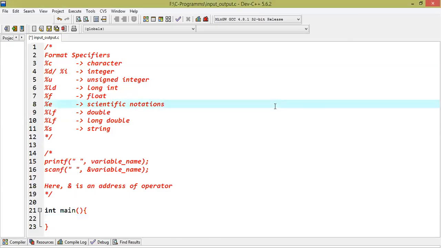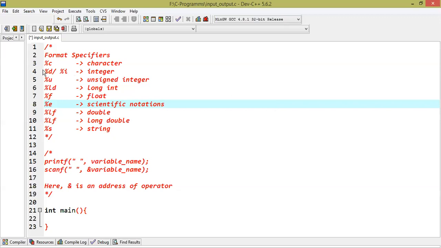Okay, welcome back. In this part of the video, we're going to understand how to take input a value for a variable and how to display that value in a console. So, before we start the implementation and see the various mechanisms to do this, we need to understand something which is available in the C programming language. We call it format specifier.